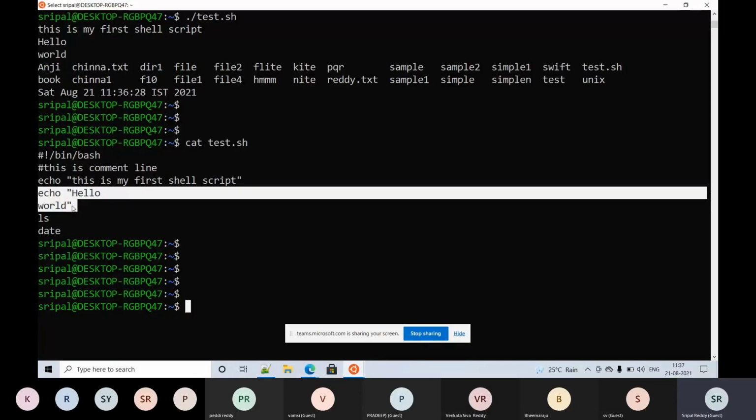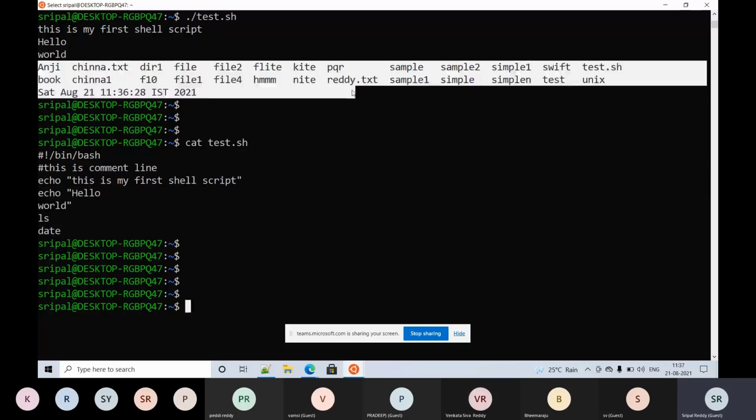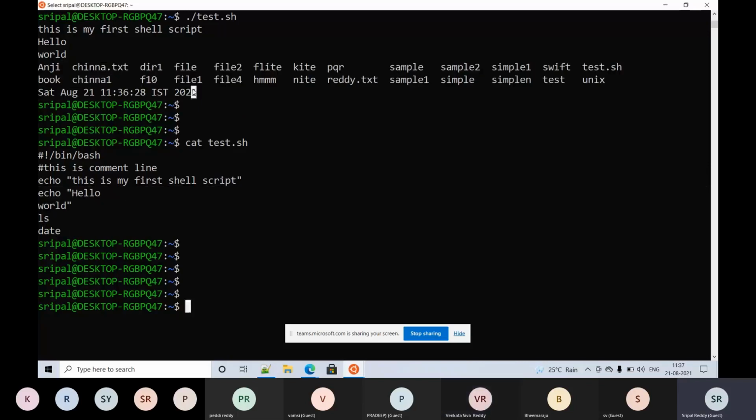This is the difference I was talking about. If we enclose it in double quotes, it will not be considered a new line separator; it will be printed as is. So the newline character is considered here, and it printed hello in one line and world in the second line. Then the ls command output has listed all the files that exist under the current directory. And date has printed the current system date.